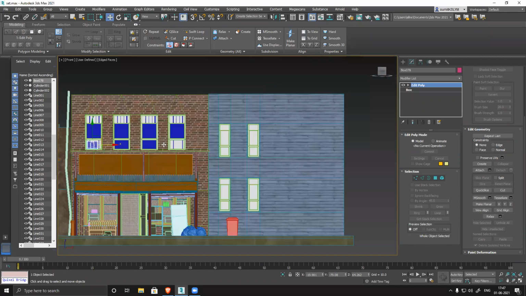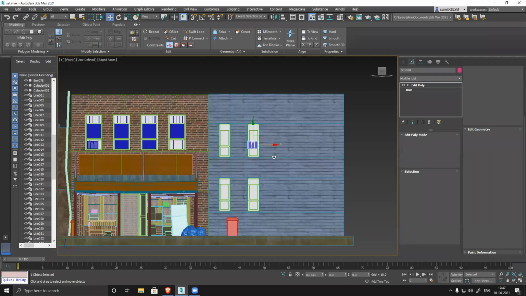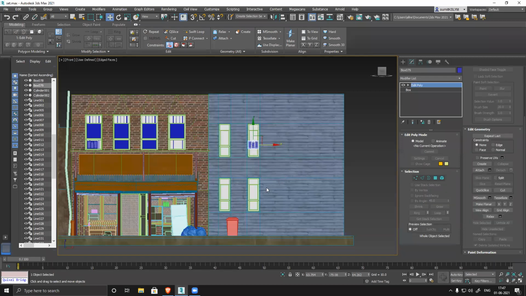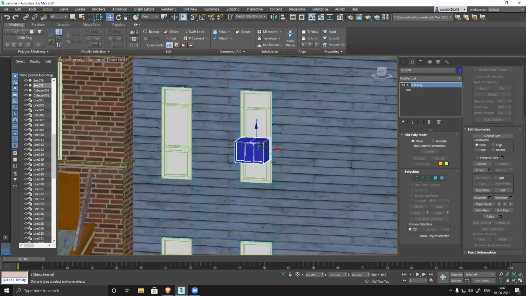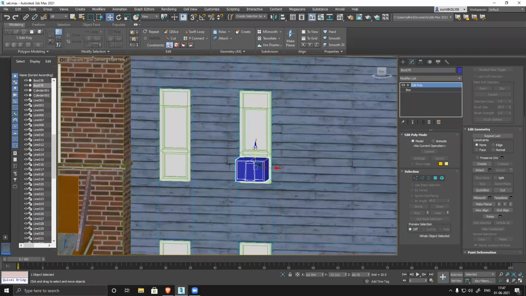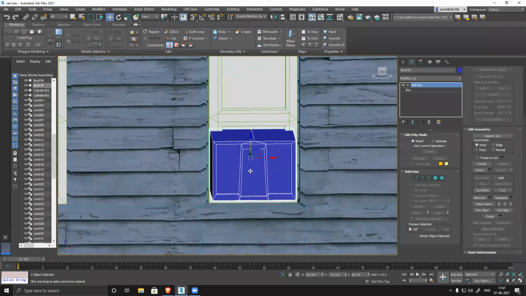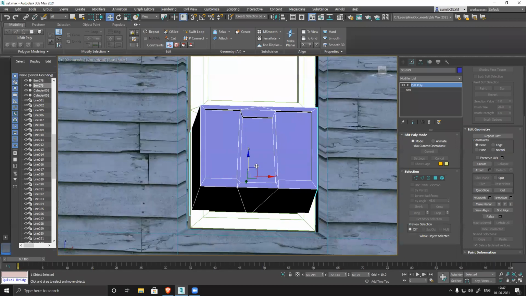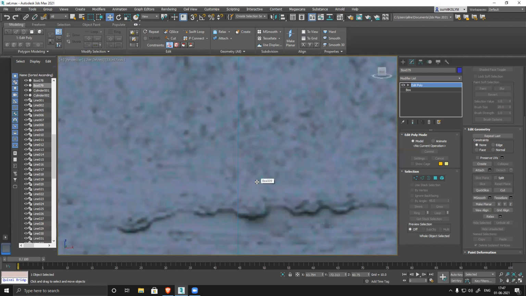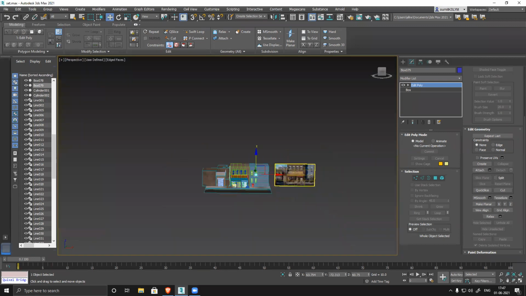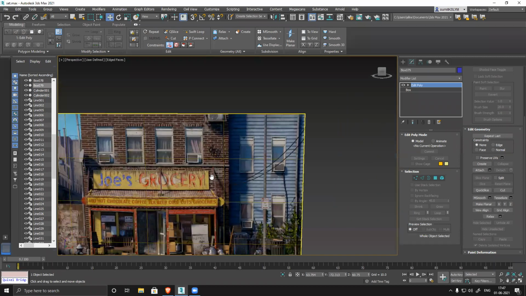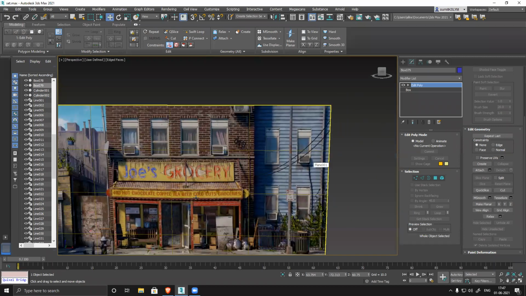So I'll duplicate this AC. Duplicate. And place it here. So here you can see my shape doesn't match perfectly, right? So that means I have to either optimize the AC, but I believe AC shape is exactly the same.